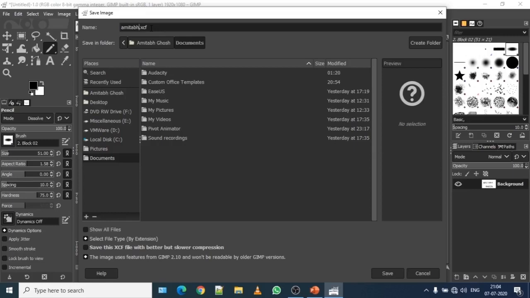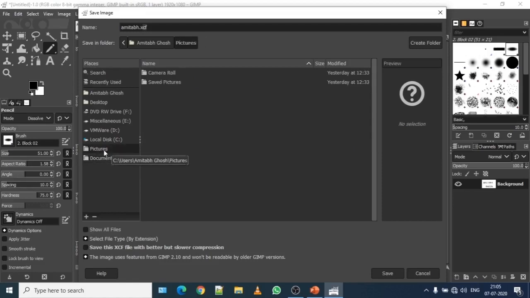So for GIMP, default file extension is XCF. So I'm going to save this file in my picture folder. So on left hand side, click on Documents, or simply click on Picture, this picture folder, and under this picture folder, in this area, this file name will save with my name. Once it is done, click on Save.